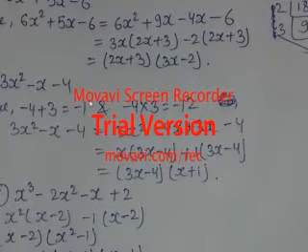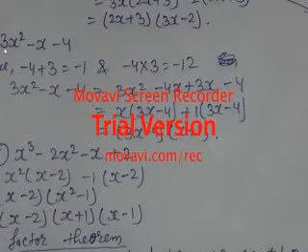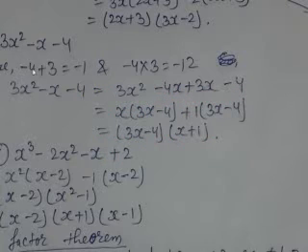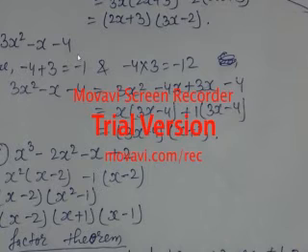So now if you will see question number 4, it is 3x square minus x minus 4. So if you will see 4 3s are 12, okay, minus 12 it is. So when we add minus 4 plus 3, it will become minus 1, which is equal to minus 1x. And then minus 4 into 3, which is minus 12, which is the product of first into last constant terms. So it has been arranged.